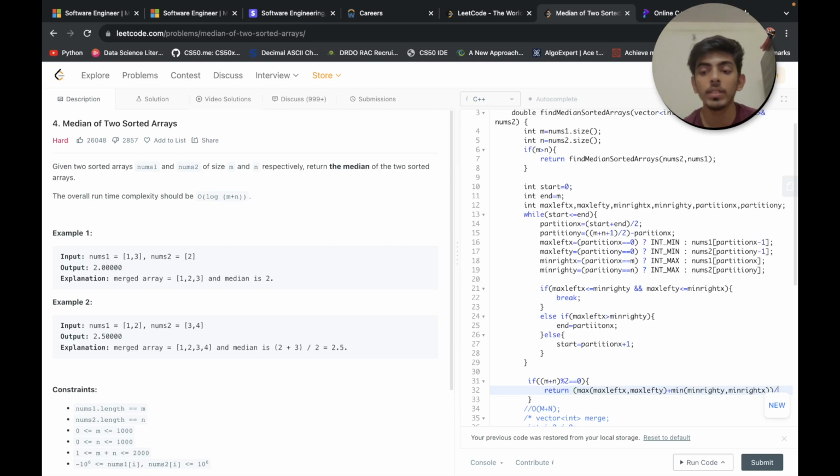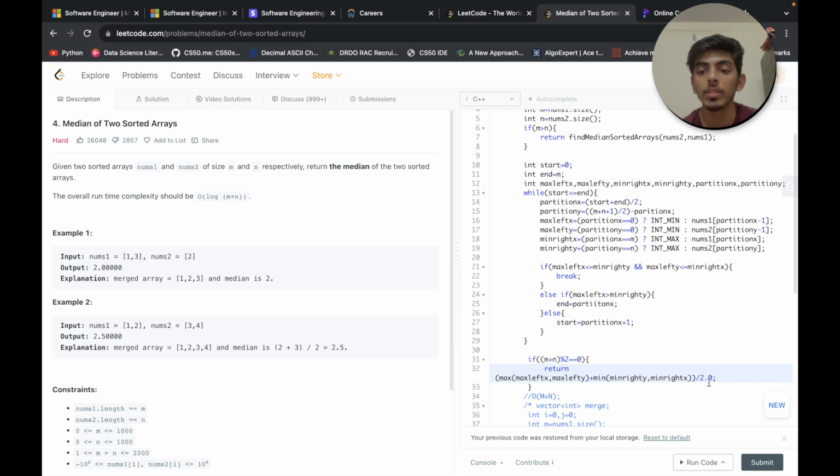Right, after that we will simply divide it by 2. Since we have to return a double, we will divide by 2.0. Otherwise we will simply return max of max left x, max left y.